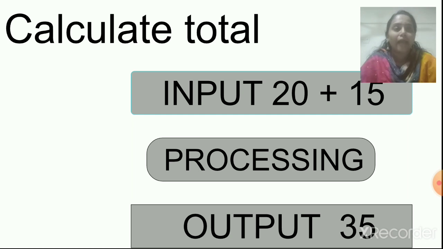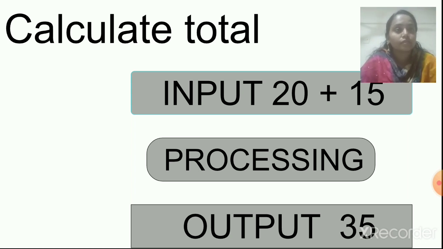Now just calculate two numbers, that is 20 plus 15. Okay, how do we type? Using keyboard. 20 plus 15. Okay, that is our input. Then it goes into the CPU and the CPU does processing on it. Then it starts processing and gives us a result, an output. The answer will be 35. That is our output. So simple.